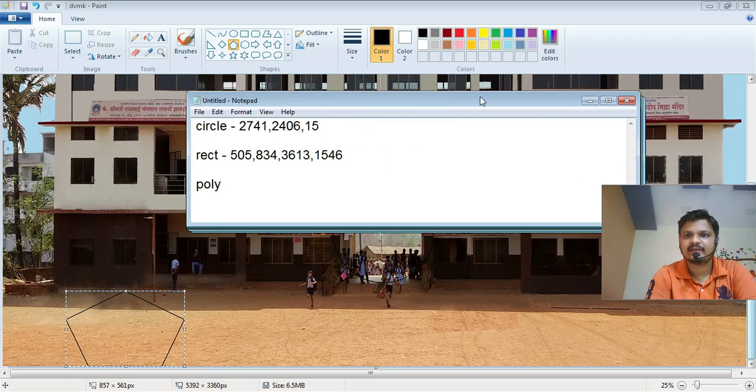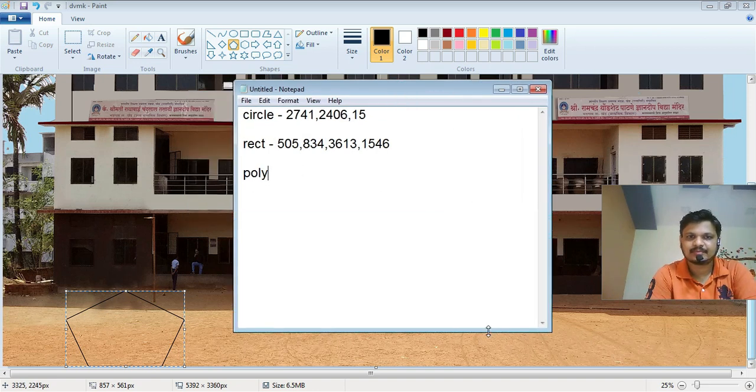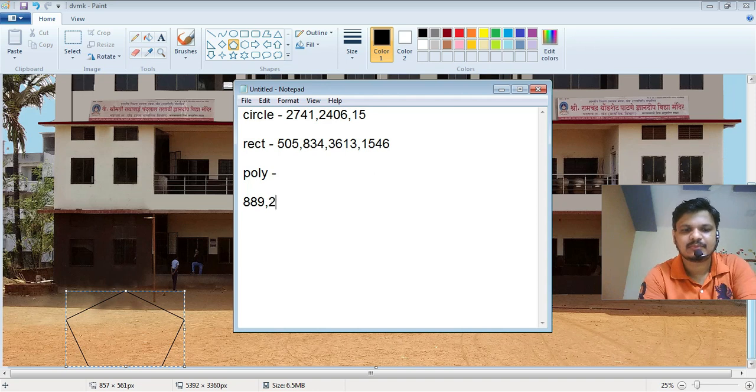There are a lot of values. The first values are 889 comma 2801. This is x1 y1.